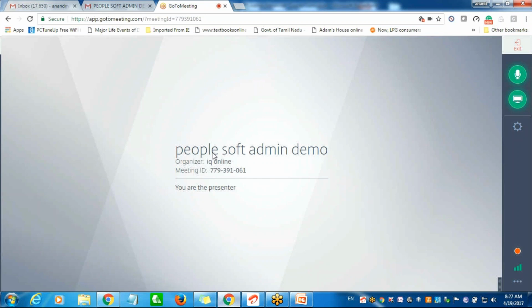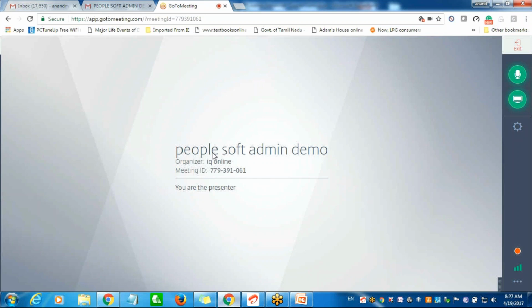Then we will decide which PeopleTools version you'll be talking about. Currently available are 8.55 and even 8.54, but 8.55 is more reliable than 8.54 because I have worked with both. There are not many changes between 8.54 and 8.55. Both are in Fluid, so you can go with 8.55 as the latest one.